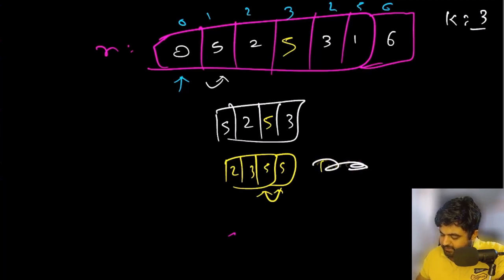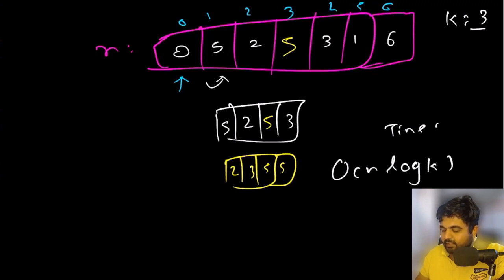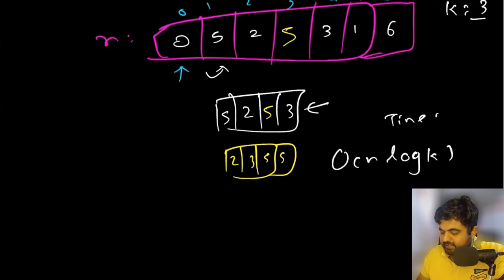But even this approach is not very efficient, because if we look at the time complexity, it is going to be big O of n log k. Why log of k? Because for any given window we have to sort it, and sorting costs us a lot of time and energy. This is better than the brute force approach, but there can still be improvements made.